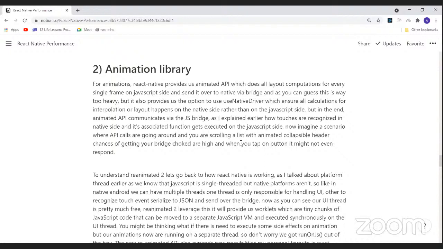But in the end, any Animated API call communicates via the JavaScript bridge, as I explained earlier with how touches are recognized and handled in React Native. Now imagine a scenario where API calls are going around and you are scrolling a list with a collapsible header. Chances of the bridge getting choked are high. And when you tap on a button, it might not even respond because the bridge is choked and it can't respond to anything.